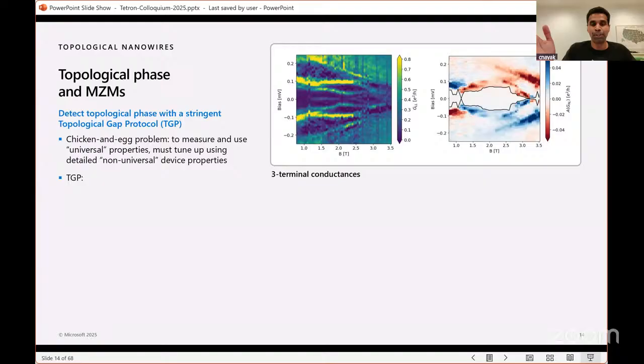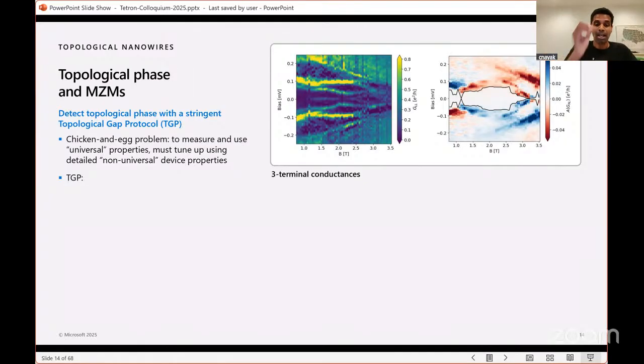There's similar data for the other side of the wire. What you're looking at here is a non-local conductance, so it's a derivative of the current at one junction with respect to the bias voltage at the other junction, and vice versa. This is basically a measure of the density of states. When the junction is in the tunneling regime, it's the density of states at that end of the wire. This is actually sensitive to bulk states in the nanowire that are between the induced gap and the parent gap